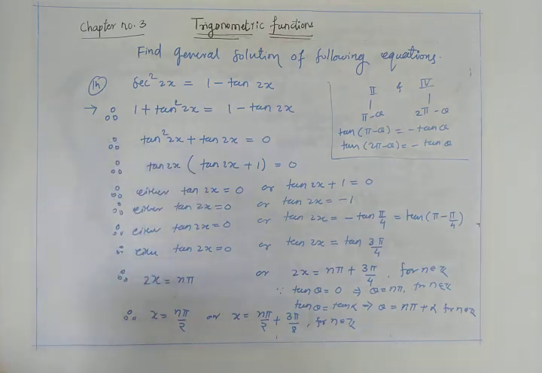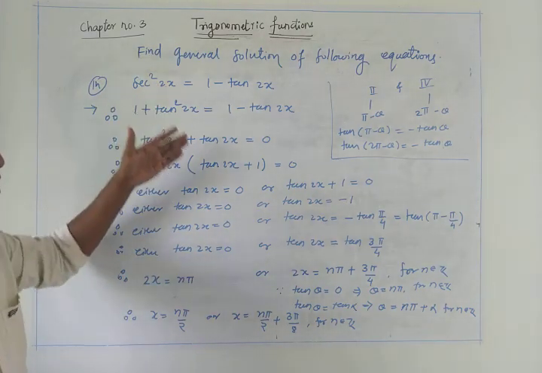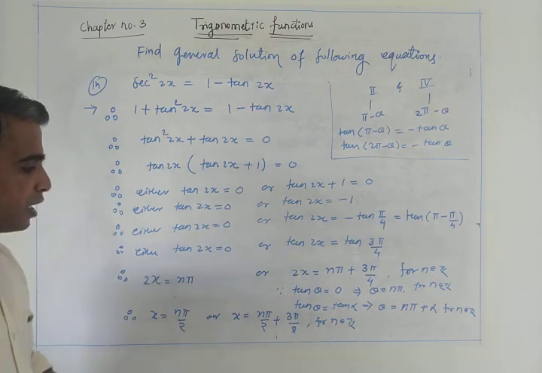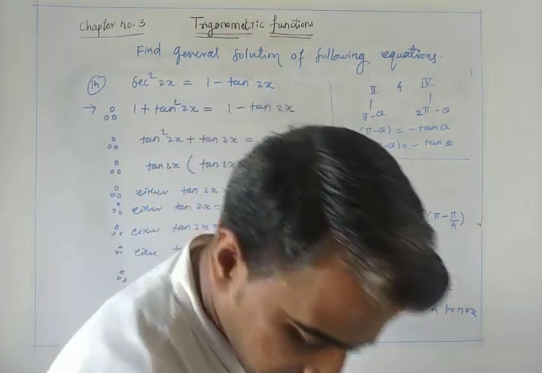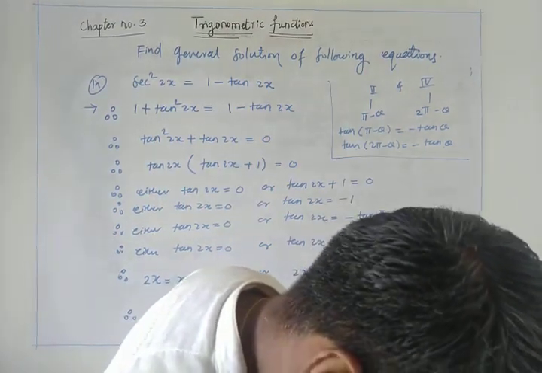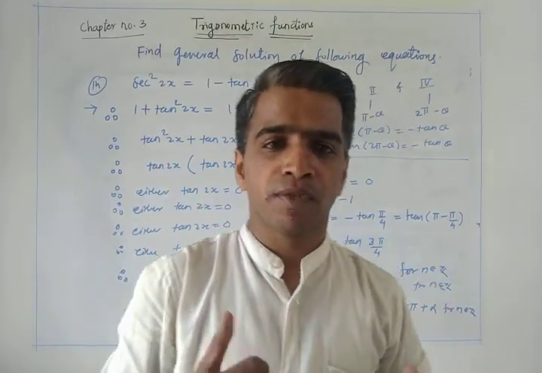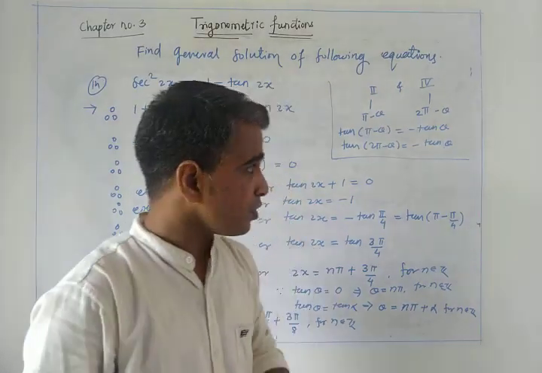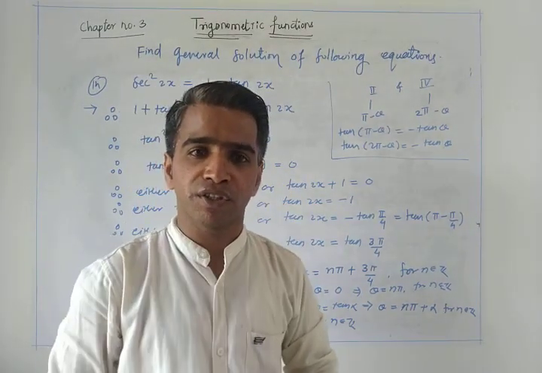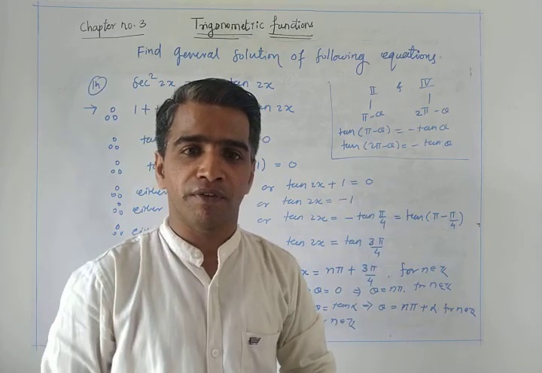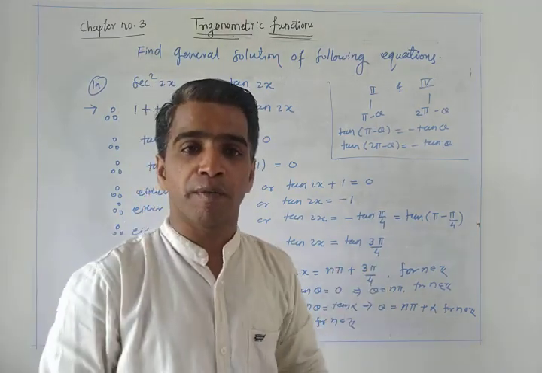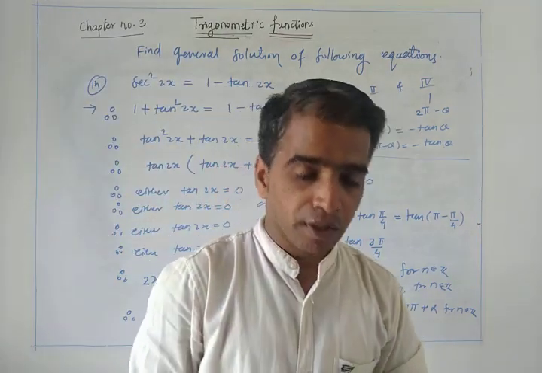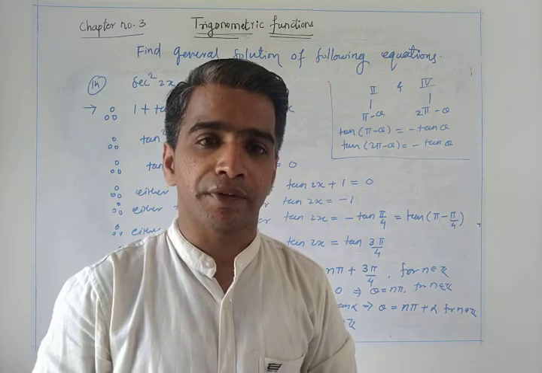So these are the required solutions. See how we simplify these questions step by step. All the steps and all the formulas used have been explained. So this is the required solution. Today we are finished with finding the general solution of the given trigonometric equations. We completed the first part of trigonometric functions, that is, finding solutions of trigonometric equations in principal form, the principal solution, and the other, the general solution.